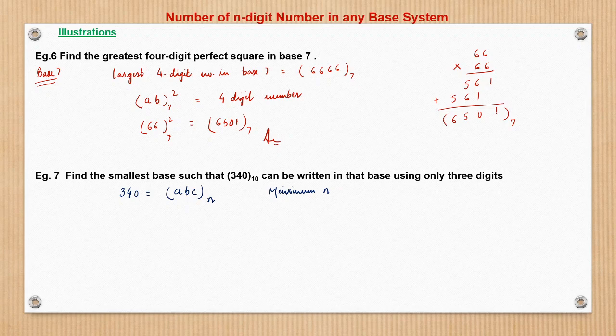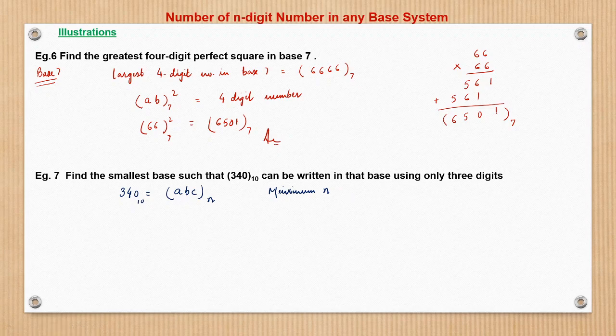So let us see how to approach a question of this nature. We know that 340 is in base 10. If we reduce the base, say take base n equal to 2, and convert 340 to base 2, one basic approach would be to check from 2, 3 and so on, and see where the smallest n is that gives a 3-digit number. But that would be very mechanical and time consuming.